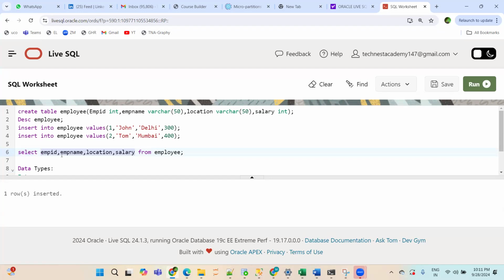Then the SQL will ask you, okay, these columns are present in which table? Here you can ask one question. Okay Tanvir, the SQL must be having this intelligence. Right now we have created this table, so why is SQL asking from the table? The SQL engine knows, it should have that intelligence. Then why do we have to give that address, from employee table? The reason is, here you have employee ID in this employee table, but maybe you might be having some other table with the same column employee ID.